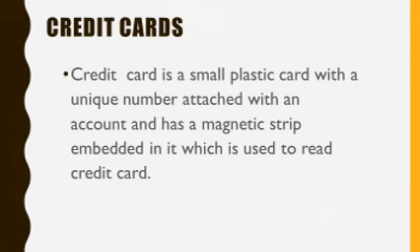It also has a magnetic strip embedded in it, which is used to read the credit card via the card readers. When a customer purchases a product via credit card, what is the procedure? The credit card issuer, in most cases a financial institution like the bank, pays the amount on behalf of the customer to the merchant or the vendor. The customer has a certain time period after which he can pay the credit card bill to the financial institution,